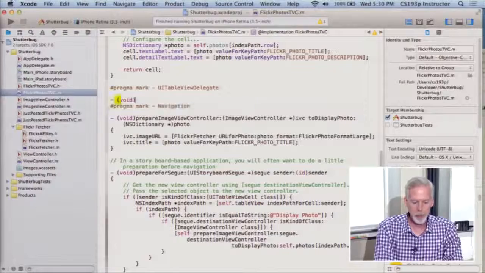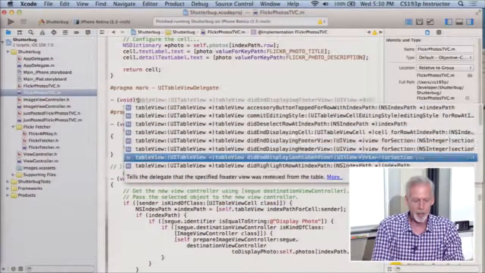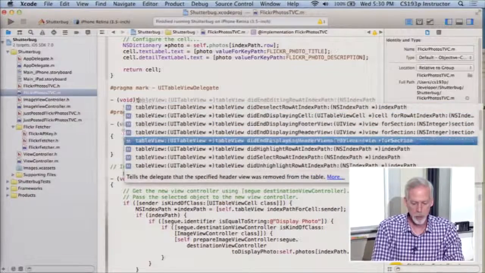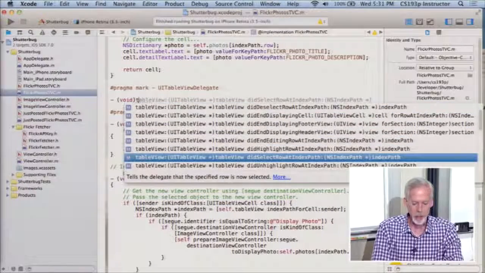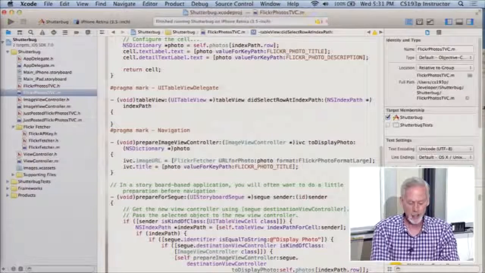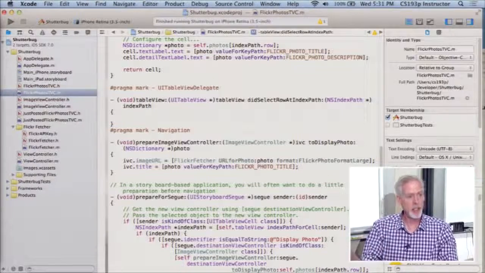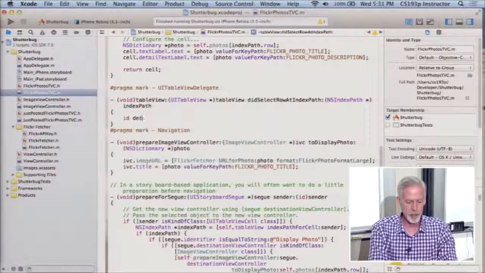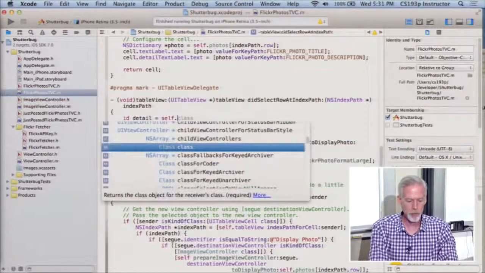And we're going to type here and start typing, and you're going to see there's a lot of UITableView delegates, okay? So we want the one right here. See, it did select row at index path, right? We want that one. And here, what we need to do is get the detail in the split view controller. And I told you that the detail view controller is